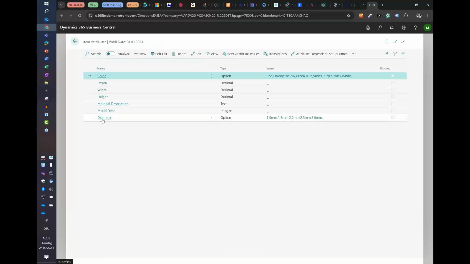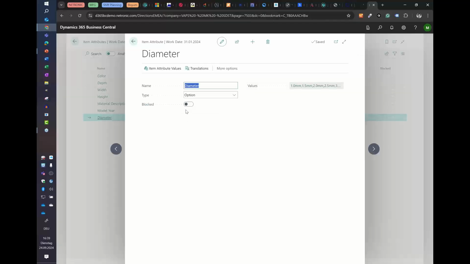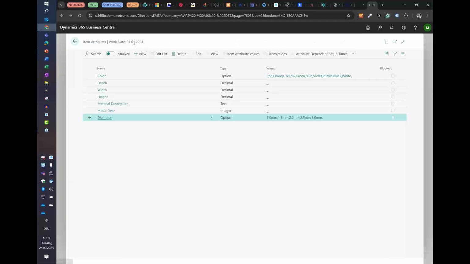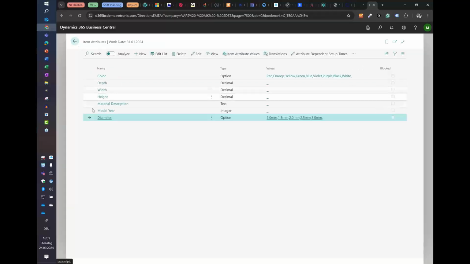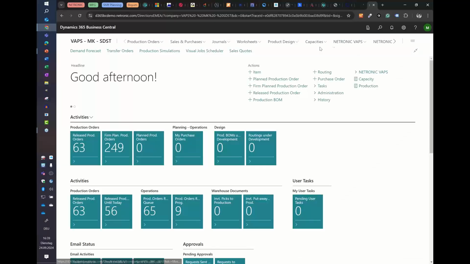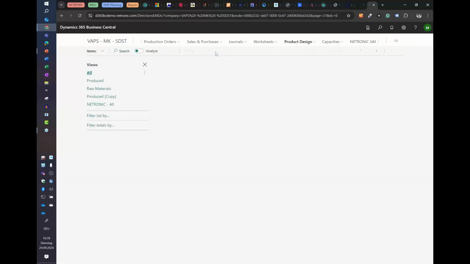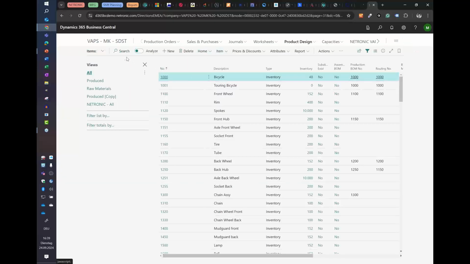You see one of my item attributes is the diameter. And then you see on diameter values, I have the ones that you saw on the spreadsheet, the 1.0, the 1.5, the 2.0, and so on and so forth. And this is a general definition of the item attributes. So now quickly look at one of my items that starts with